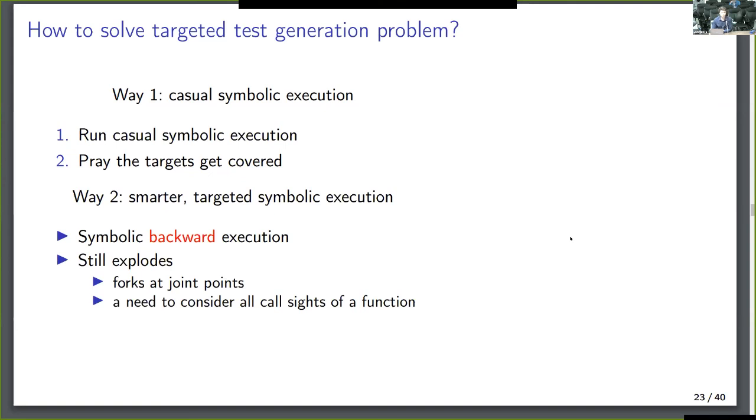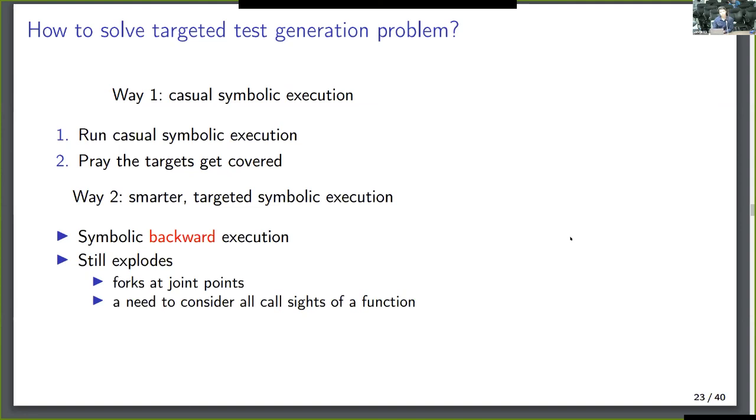The backward execution still must fork. Now it forks at control flow graph join points instead of the forks of the control flow graph. So if you have a loop, of course it has some entry point, and each entry point will be a fork. We can have two input edges into every loop, the beginning of the loop and the backward edge